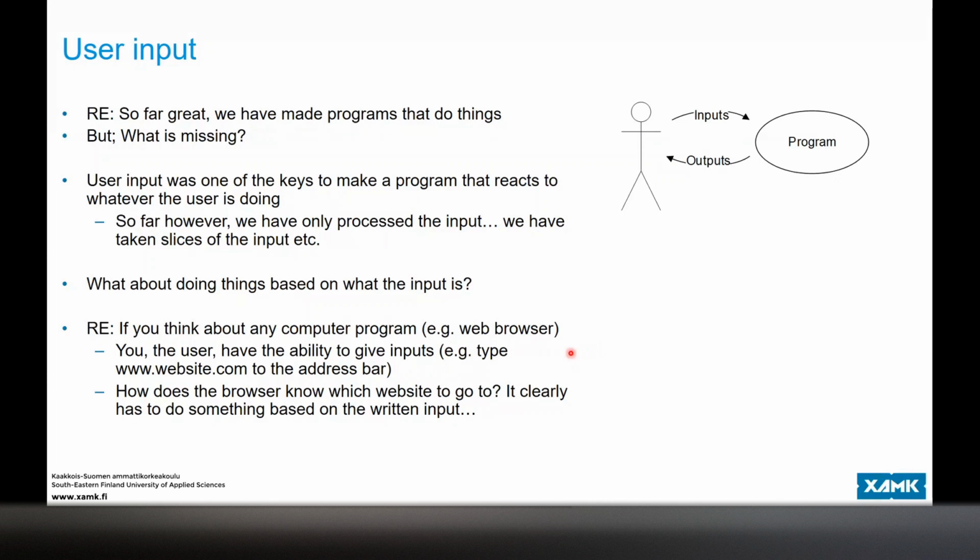So, for example, in our browser example, how would the browser know what website to go to? Clearly, this is something that's based on the written input, but still the program has to do something. It has to figure out what to do based on this input. So user input is one of the keys that you can use to make a program that reacts to whatever